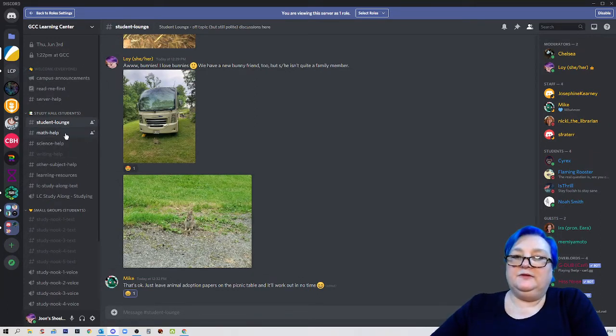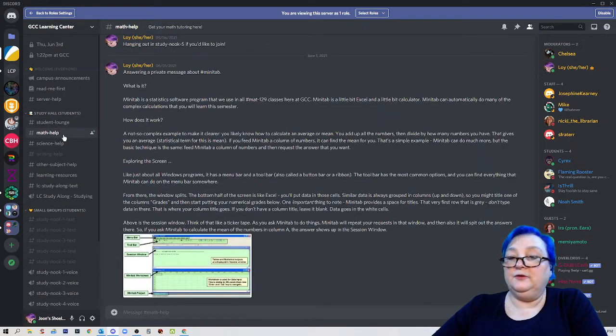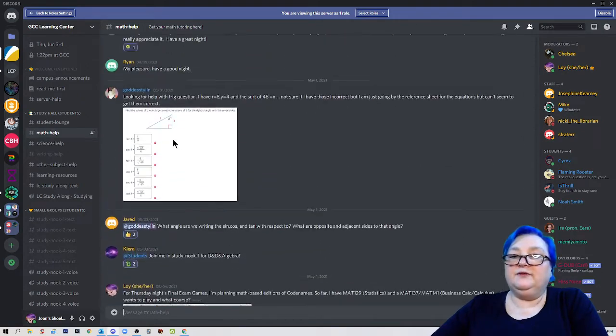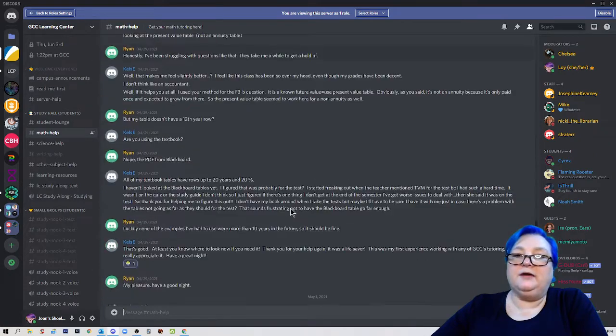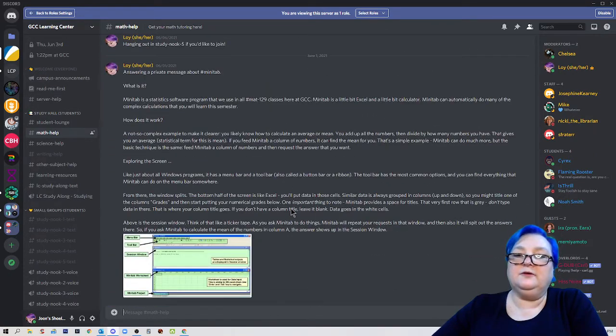The immediate channels under that are the help channels. This is where you can get in touch with a tutor or maybe some other fellow students who can help you with a problem that you're not quite clear on. Okay, and you can see information in here. We've got students sharing screenshots of their homework and different things. I don't understand how to do this, and you'll see tutors going back and forth with them and trying to answer their question. That is where you can post this information.